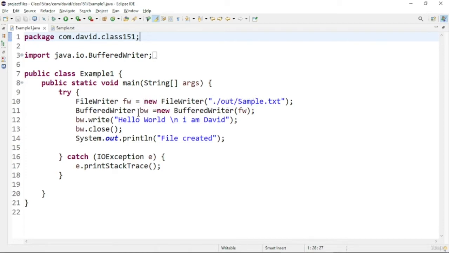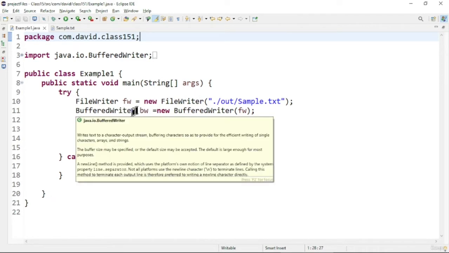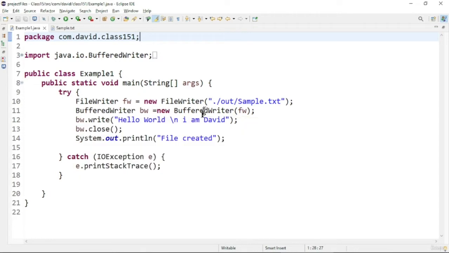Next I am using a BufferedWriter object to hold the FileWriter object, which is passed into the constructor, and then I use the write method to write the particular string into the file. After that I am catching the exception and printing the message that the file is printed. That's it about this program.